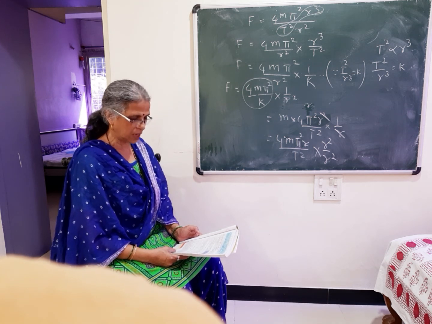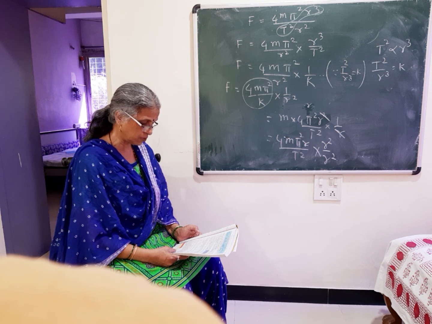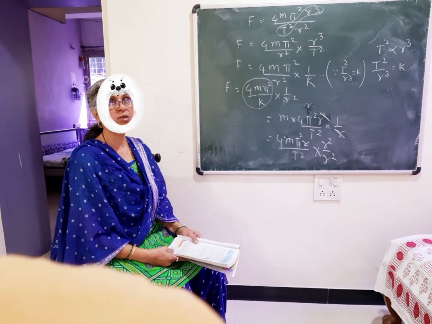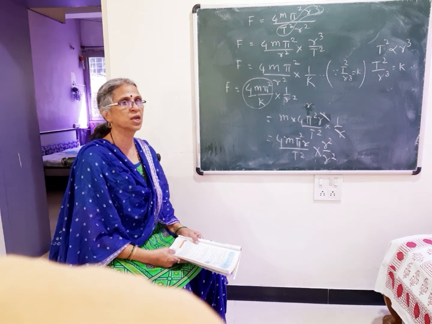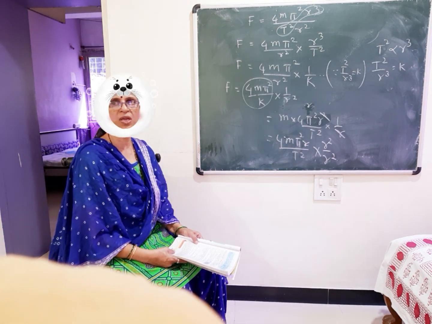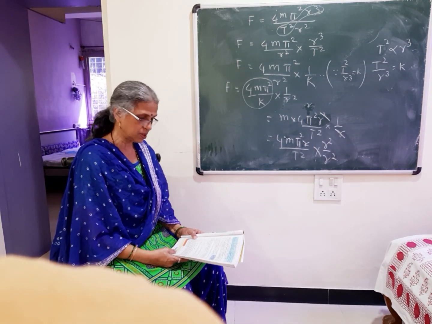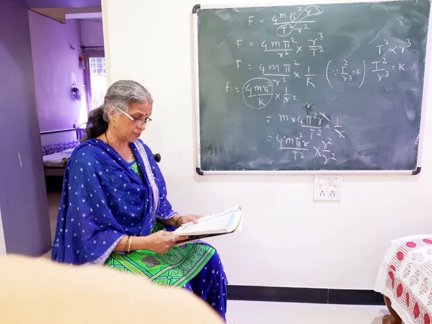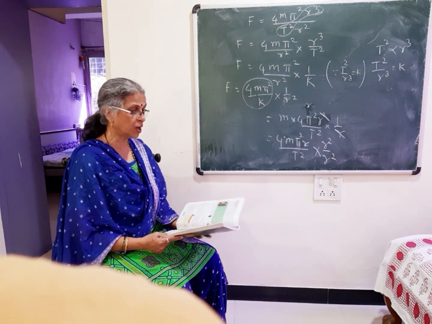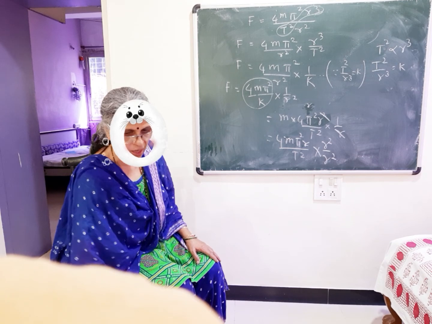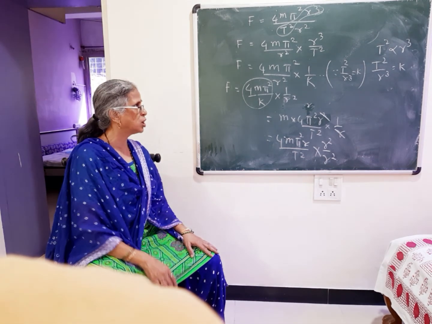So Newton identified this force which is known as force of gravity, and if we consider the strength of the force, gravitational force is the weakest force, but it controls the universe and decides the future. So that is how you are going to prove Newton's inverse square gravitational law using Kepler's law.